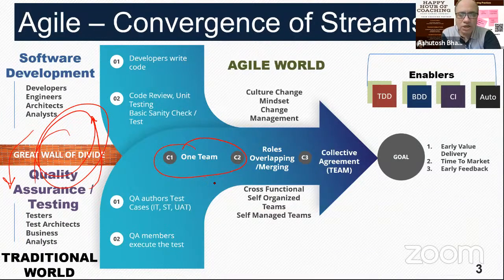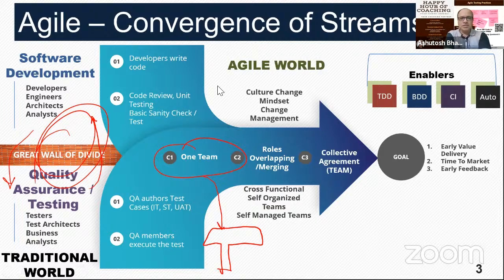And this one team culture also is something like a T-shaped skill. I'm pretty sure many of you know what a T-shaped skill is. A T-shaped skill is a presence of more than one skill. So my core skill is here, but on the beam, I have some additional skills. So not only am I a good developer, but I'm also into, let's say, architecting, or I am also into story authoring. Similarly, when I'm coming from a QA background, when I'm expert in writing test cases or generating test